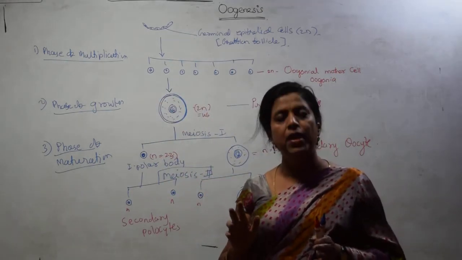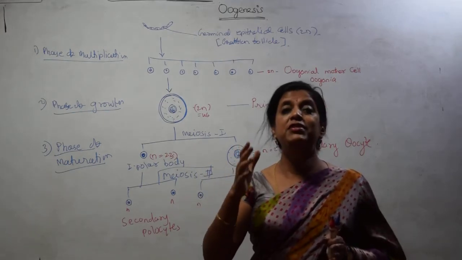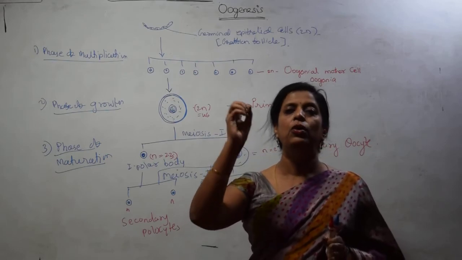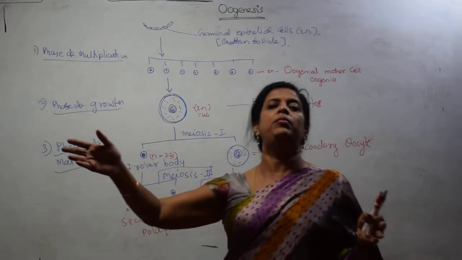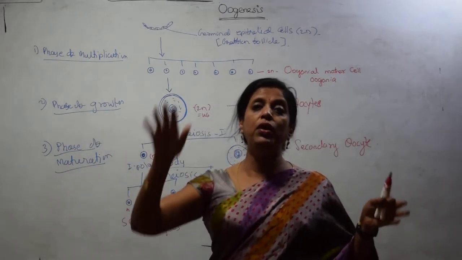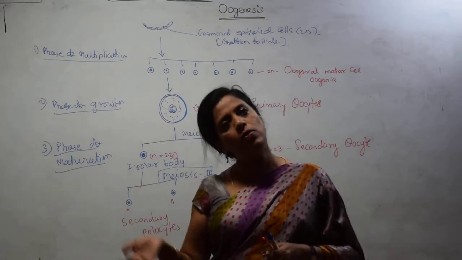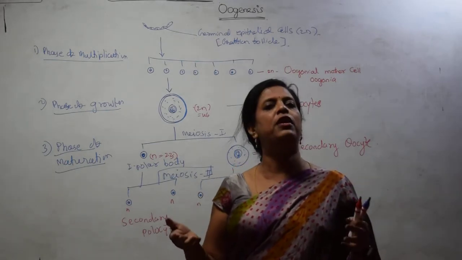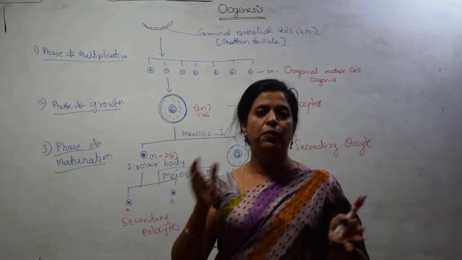That's the first thing. Next is the process of formation. First, the Graafian follicle lining germinal epithelial cells undergo mitotic division, repeated mitotic division. They form a large number of diploid oogonial mother cells or oogonia. They are all diploid only. Now, it undergoes the growth phase. There is an enormous increase in the size of the oogonial mother cell, forming a large cell which is called the